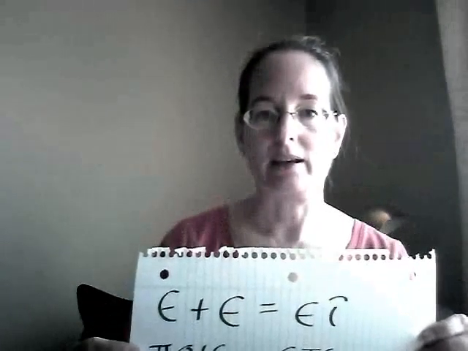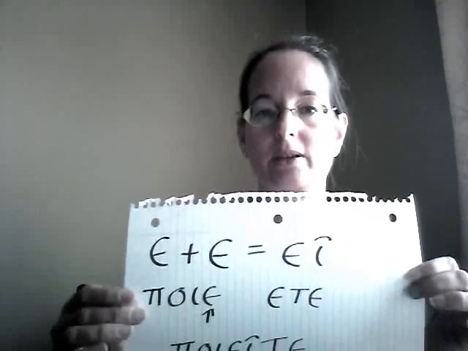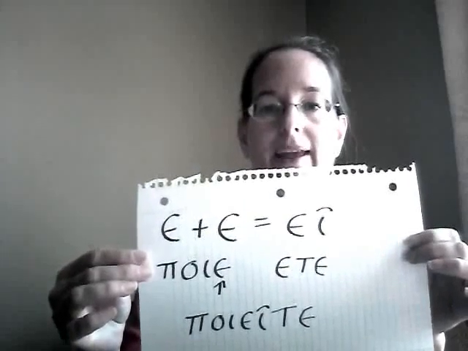So in practice, let's look here. An epsilon plus an epsilon turns into an epsilon iota. So poieete turns into poiete. The handout that goes with this unit that is in the virtual class details exactly what letters combine how and what the result is. So you do want to print that out and keep a copy and look at it for your own reference. Also in your textbook,